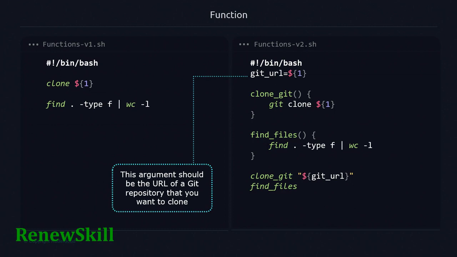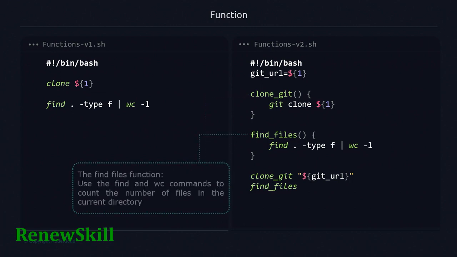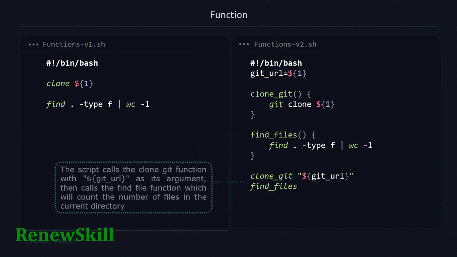The script then defines two functions, git clone and find files. The git clone function takes a single argument, which should be the URL of a Git repository. The function will use this argument on the git clone command to clone the repository. The find files function uses the find and wc commands to count the number of files in the current directory. Finally, the script calls the git clone function with git_URL as its argument, which will clone the Git repository specified by git_URL. The script then calls the find files function, which will count the number of files in the current